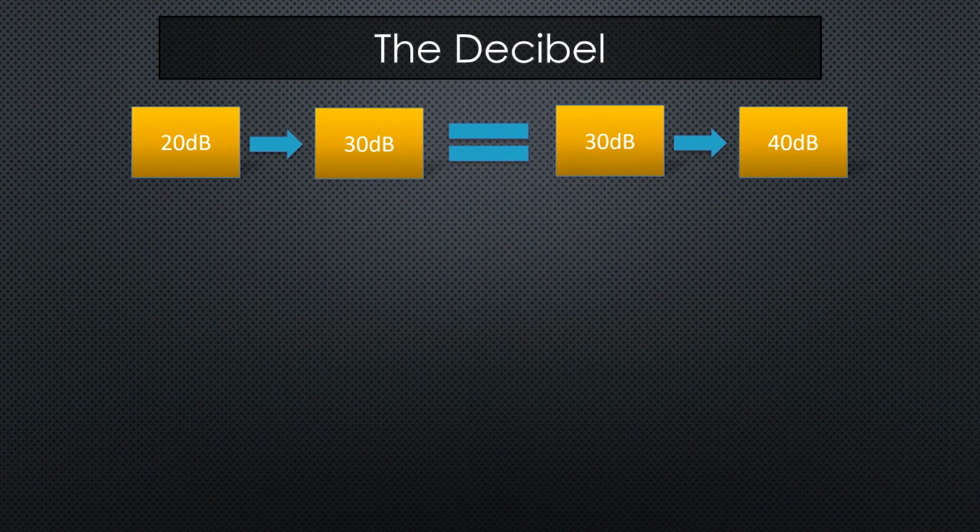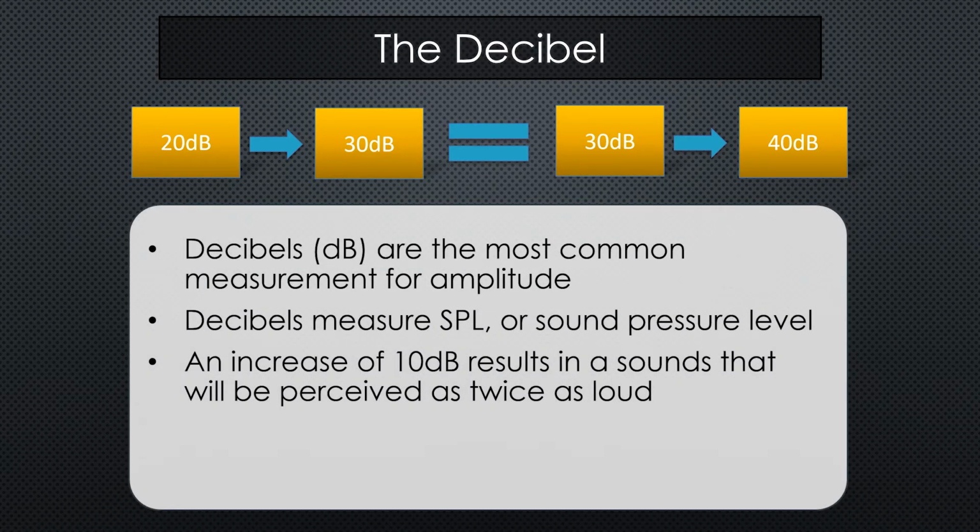So once again, showing that the decibel going from 20 to 30 is equal to going from 30 to 40. And we can say that decibels are the most common measurement for amplitude. Decibels specifically measure SPL, or sound pressure level. And in fact, some of you may have interacted with an SPL meter before, or a sound pressure level meter. It's a little device that you can hold up in the air and it will measure the sound pressure level, how much the air is being displaced, and